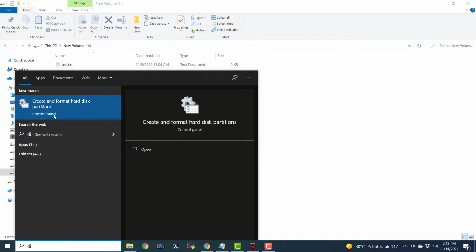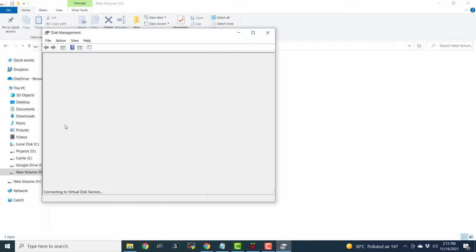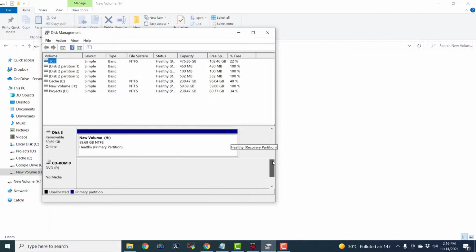In case you want to see the health of your SD card, you can just open Microsoft's create and format hard disk partition utility. It will take a moment for the utility to open because lots of physical hard disks and micro SD cards are connected to this computer, so it is obviously going to take some time for it to read all the information and present it visually. Okay, here we have Microsoft's disk management utility, and here you can see the micro SD card connected to our computer. You can see its size and that it is in excellent health.